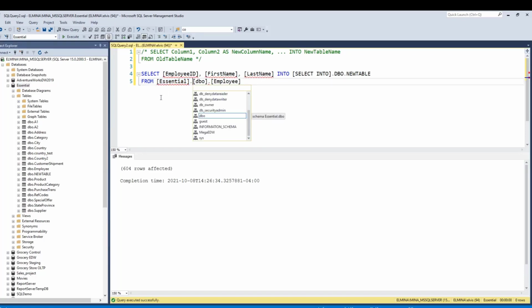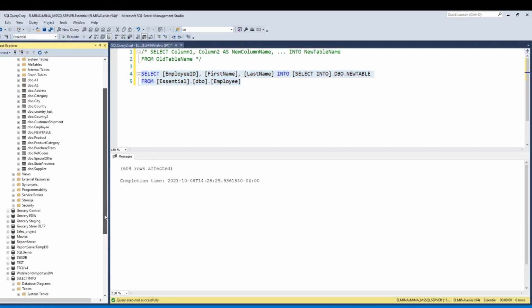So basically what we are saying is select these columns into this database with this schema and create this table. Select into the new table. These are all part of the new table name. This is what is usually referred to as three-part naming of a table in SQL Server, and also from this database, schema, and table. So if I execute this command,